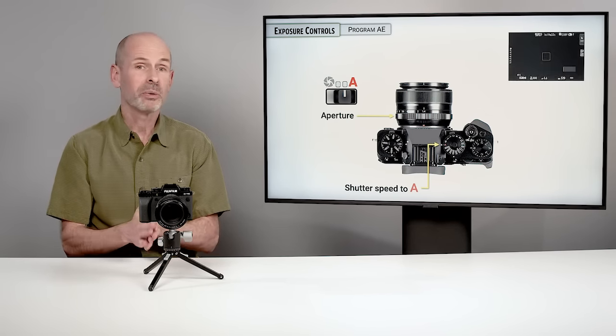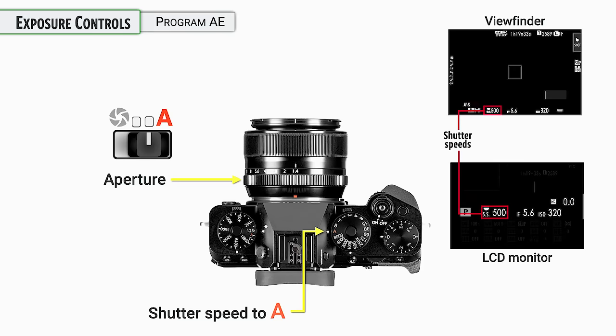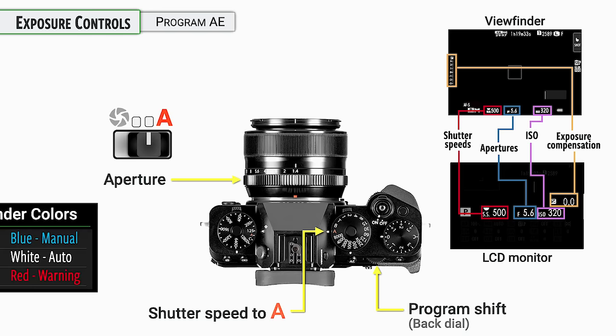So when you get into doing that, you're going to be able to look in the viewfinder or on the LCD monitor, and you can see what shutter speeds and apertures the camera is setting for you, and/or the ISOs if you're having that manually or automatically set, you'll see that. And then if you want to use the exposure compensation, which we're getting to in just a moment, you'll see if that is set over on the left-hand side. And so you can do something called program shift with the back dial, which allows you to adjust the exposure back and forth. I'll do a little demo here in just a moment, but one of the things I want